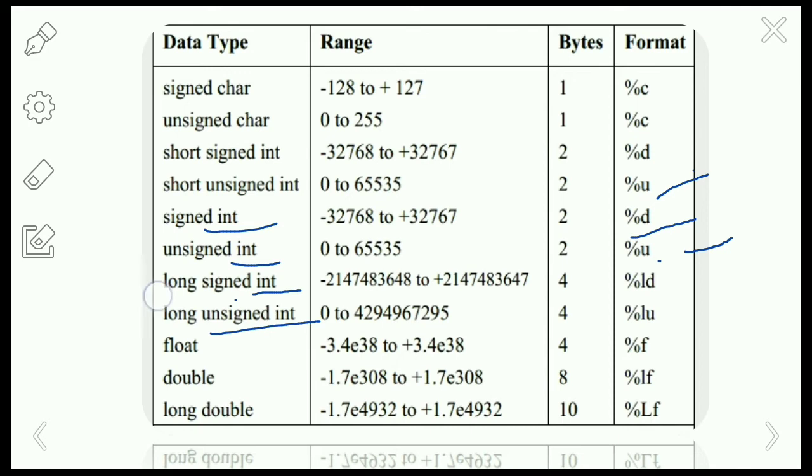Since there is a long data type, we are going to use L as the format specifier here, so %ld and %lu. Okay, so like this we are going to apply the given format specifier. Except for the unsigned char, for which we are not taking %u as a format specifier. Except for the character, for the integers we are going to apply %u for unsigned data types.